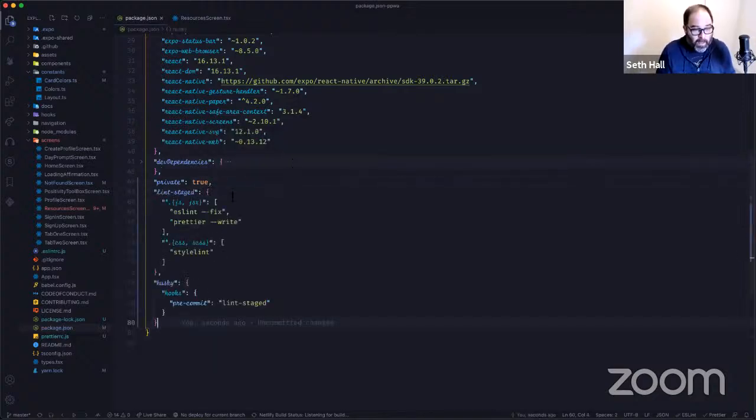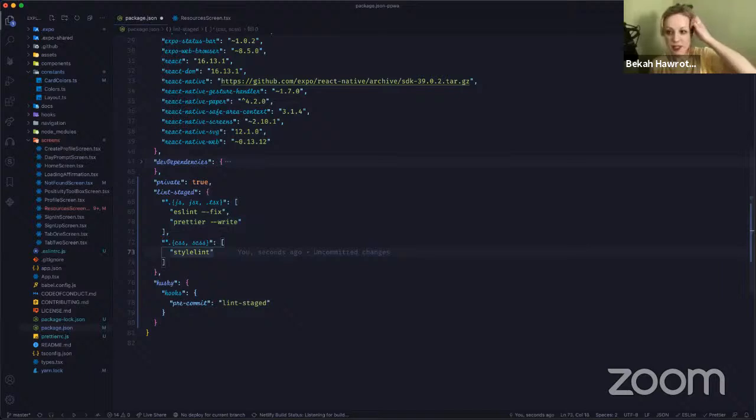Basically we've got lint-staged, which is the package, and we're saying that on JS files, JSX files, and TSX files, we are going to run ESLint. The fix flag is an automated thing that just fixes it automatically, and we're going to run Prettier automatically. The nice thing about this too is, if you don't have these things installed in your VS Code